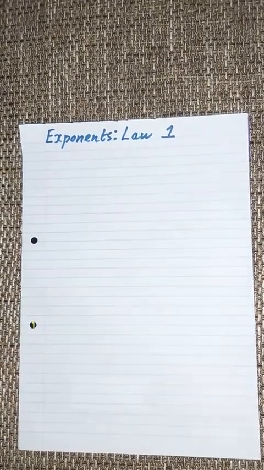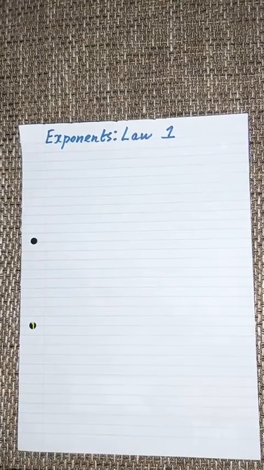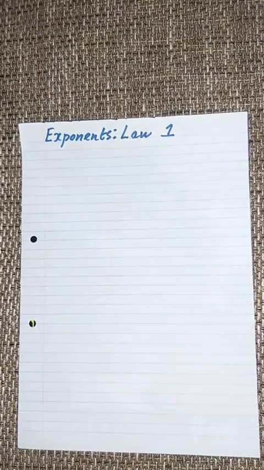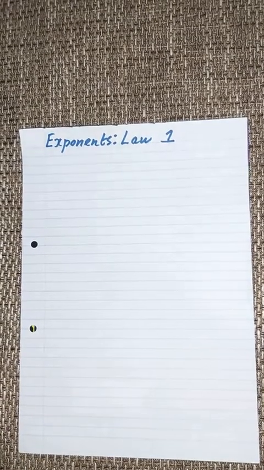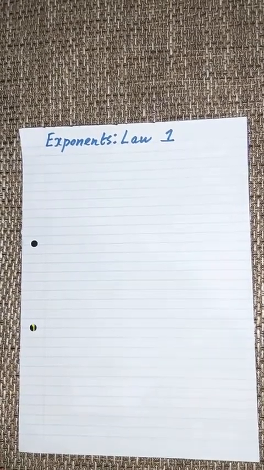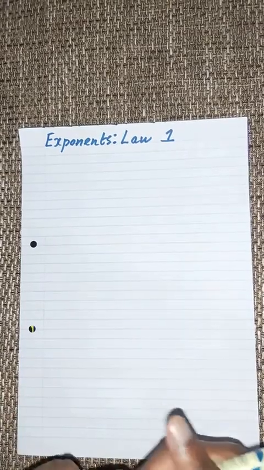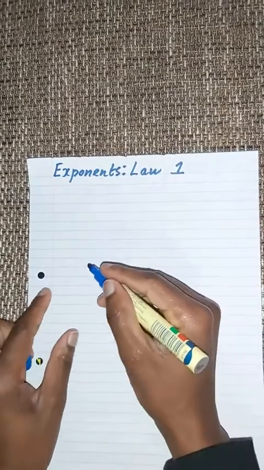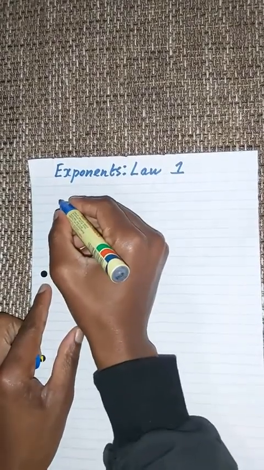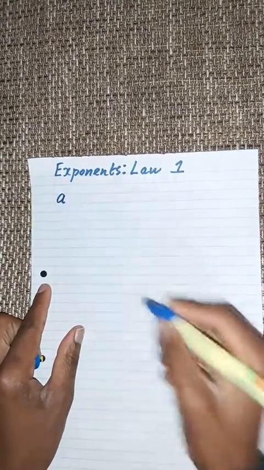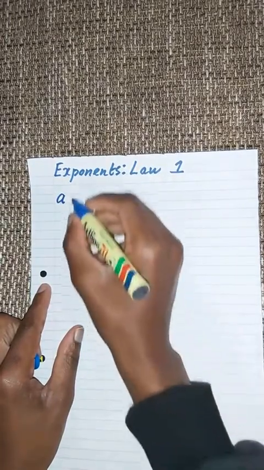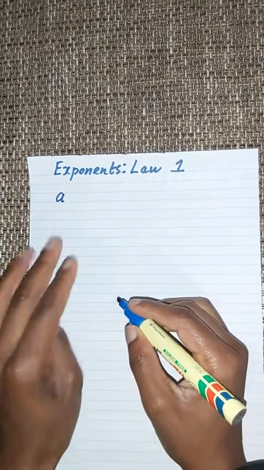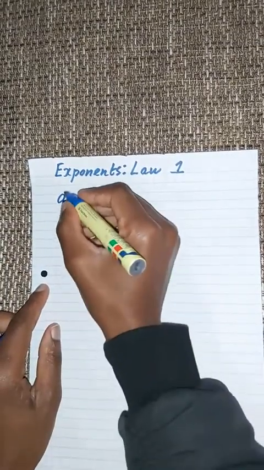So today we're going to be doing laws of exponents, and the first one that we're going to be dealing with is law 1. Law 1 is based on the product of powers, and it goes as follows. If I have two similar bases, that is, so if I have this base, okay,